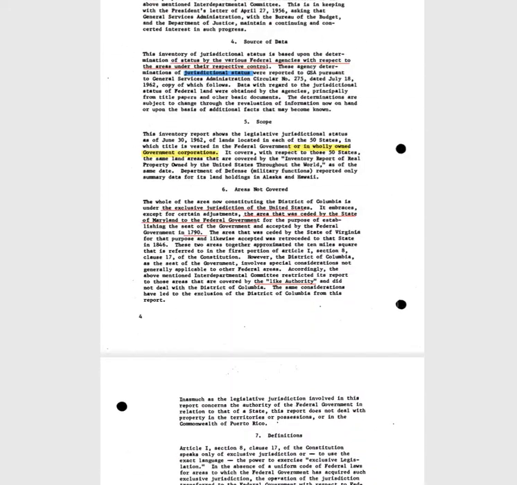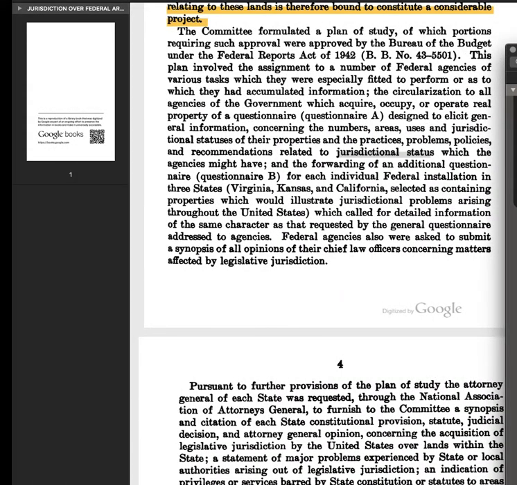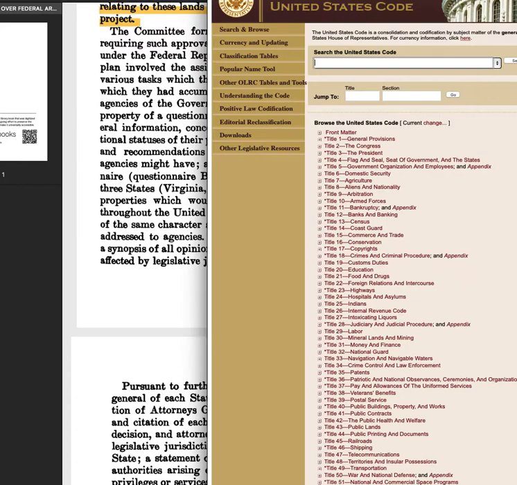Here's the code. And the code here, 1, 2, 3, 4, 5. This is old, of course, so some of the printing didn't come out. And then the total land area. Okay, so this came out in '62 in support of the jurisdiction report that I've been reading to you guys.